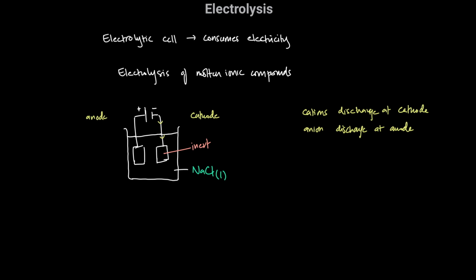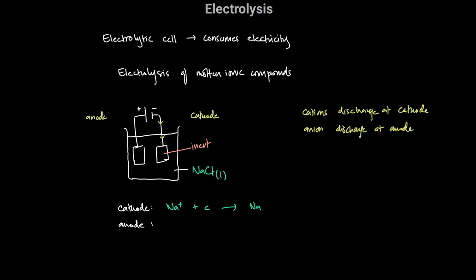And the half equation that we have for the cathode is, again, it's negatively charged, so we have sodium ions gaining electrons to form sodium metal. So reduction is taking place at the cathode. So cations undergo reduction to form the metal, in this case, and then at the anode,